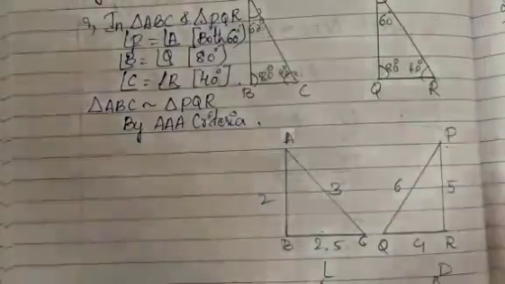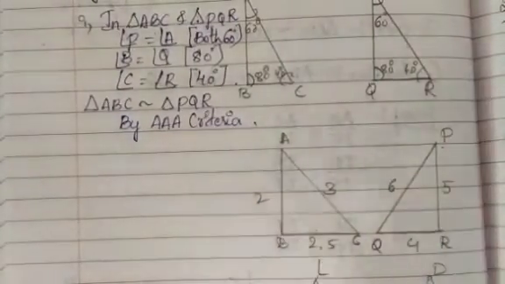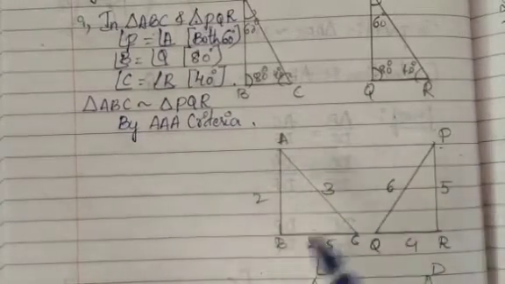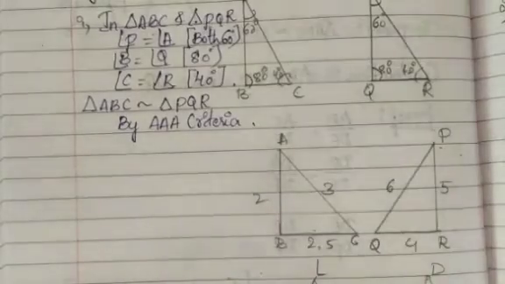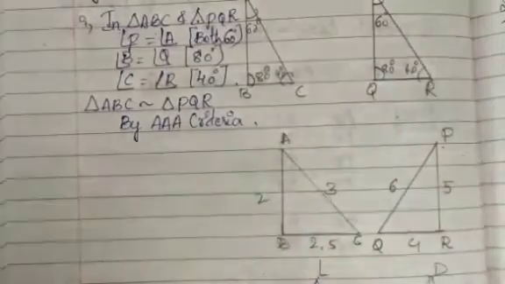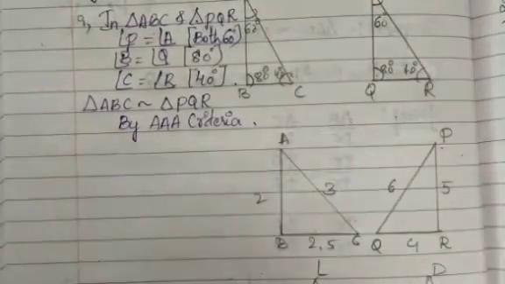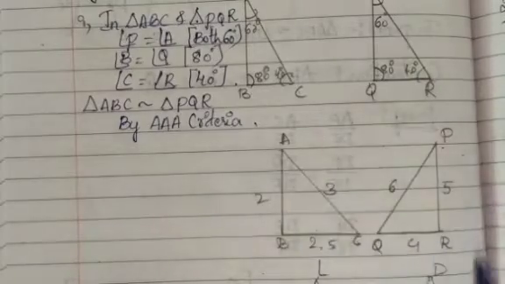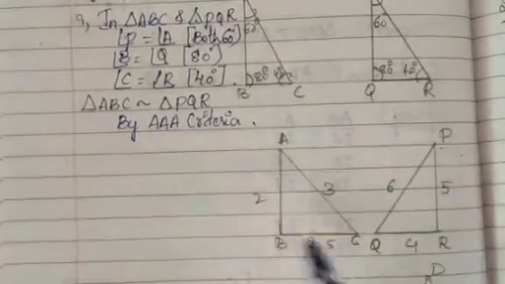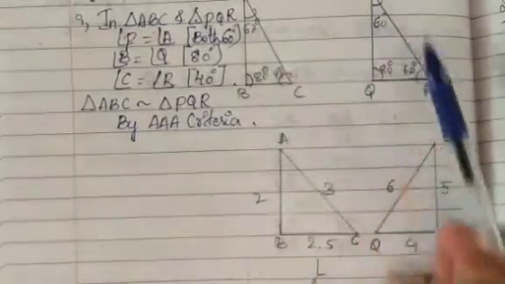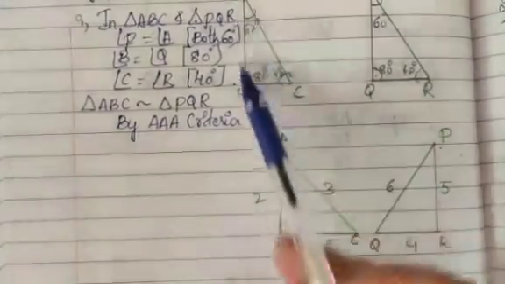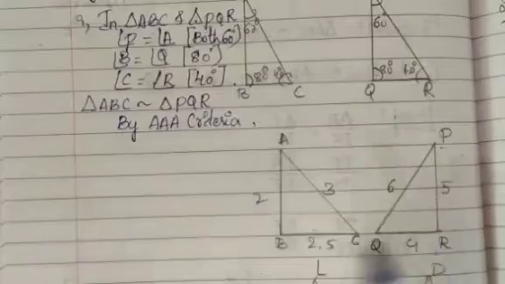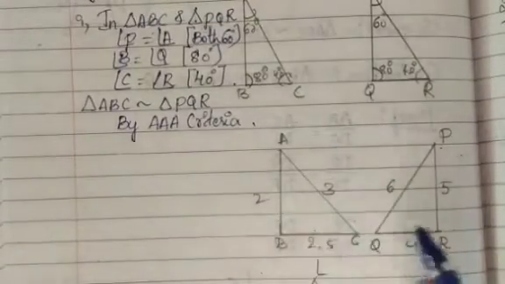So to prove this, we used to take the corresponding sides, isn't it? AB by PQ, AC divided by PR, BC divided by QR, like that we are going to take it. While solving this type of problem, think in your mind that there is no condition that you have to take AB by PQ itself, BC by QR itself, AC divided by PR itself. They have given the diagram, and we don't know exactly which are the corresponding parts here. If AB is there, PQ is the corresponding side there. In this case, we can't recognize which are the corresponding sides here.